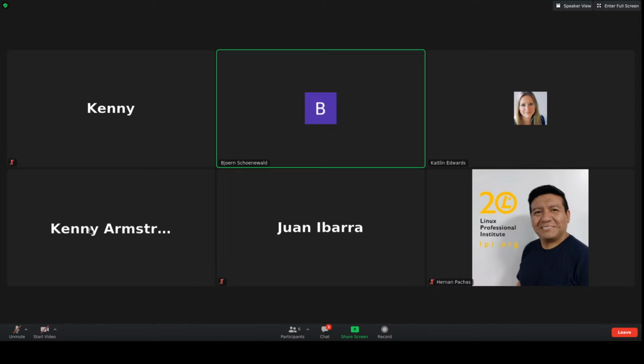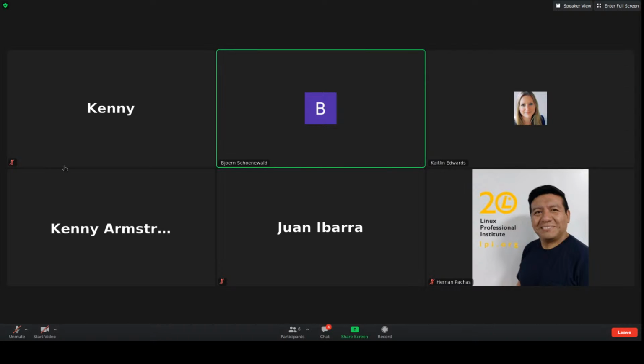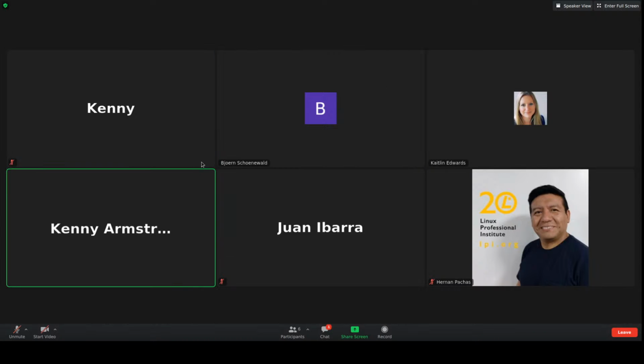Yeah, if you're on the main page, you can see Creator Studio, and if you click on that, I found there's the Go Live button over to the right.